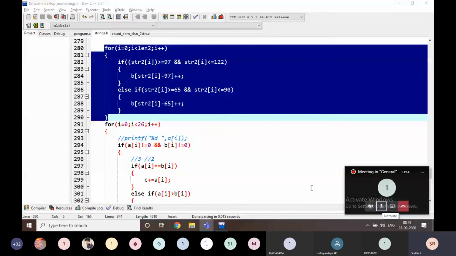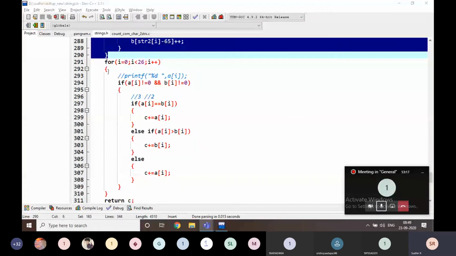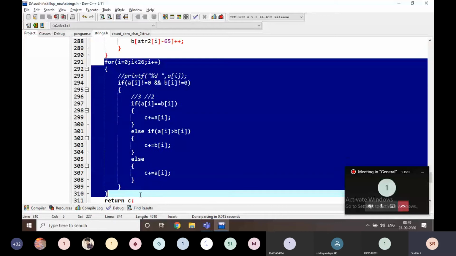Yes, if it is finished, just note down this one. This is the main logic here.